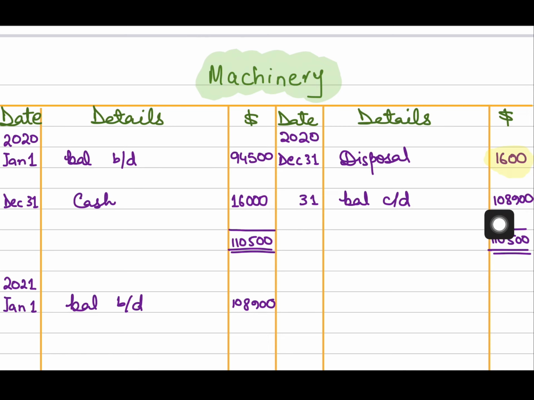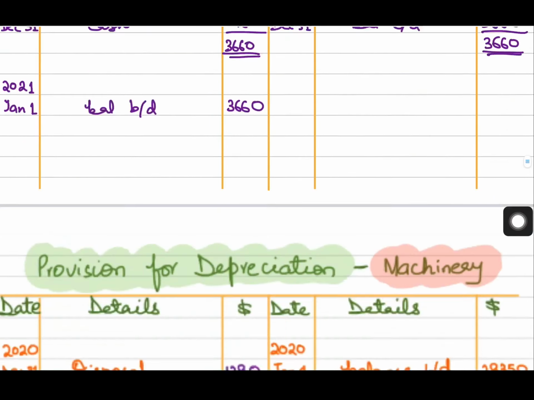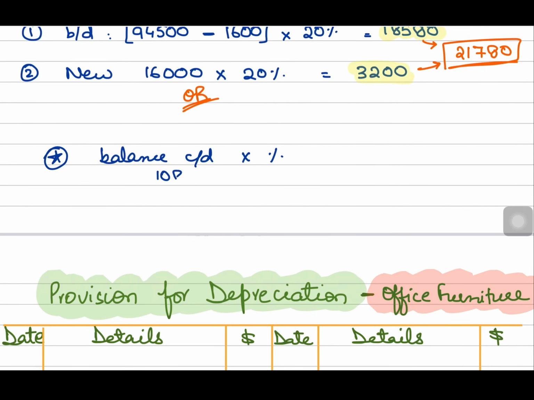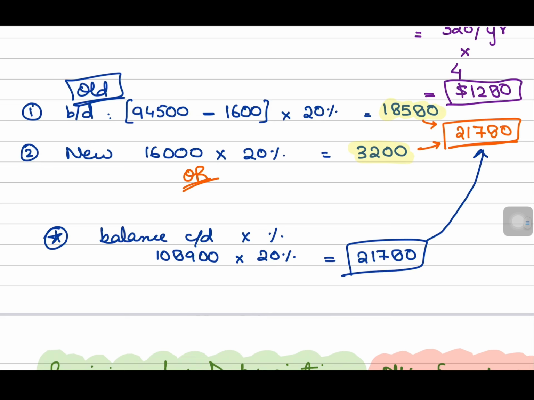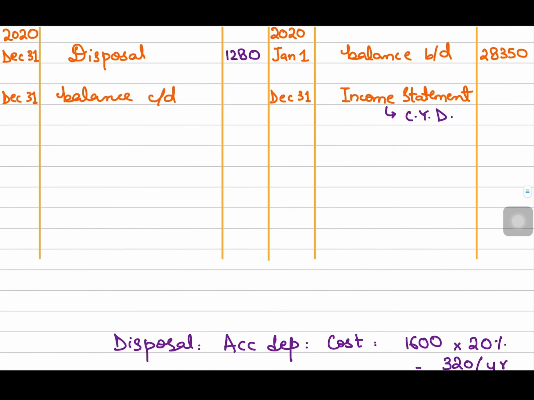But since we are following the straight line method, we can directly use this figure 108,900, and we can charge depreciation on this. But this is again possible if we are not given the reducing balance method and the monthly basis policy, right? So 108,900 multiplied by 20% would again give the same figure, and that is 21780, same as the one we calculated for method number 1, right? So this is the current year depreciation charge, 21780. So we have calculated 3 figures, we have inserted these 3 figures, we just now have to calculate the